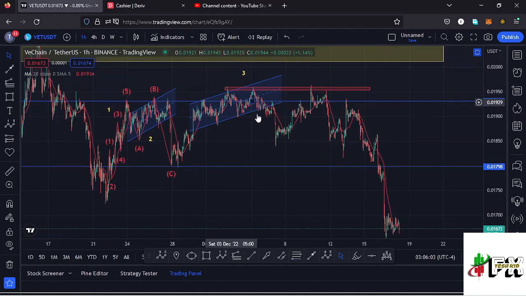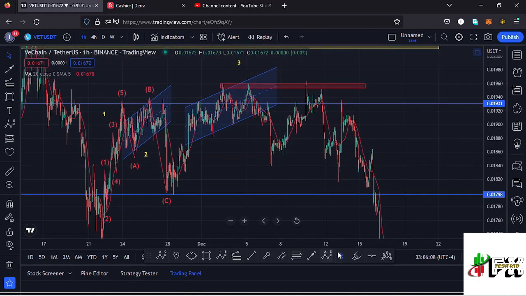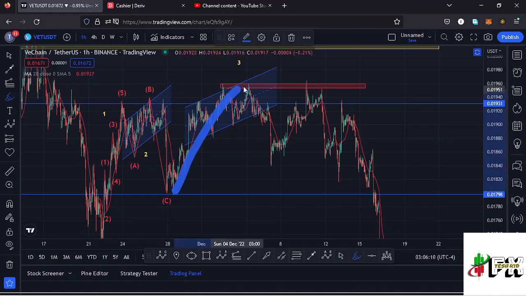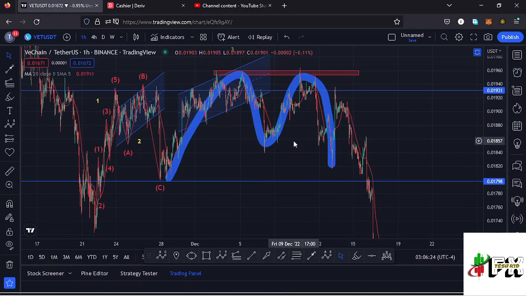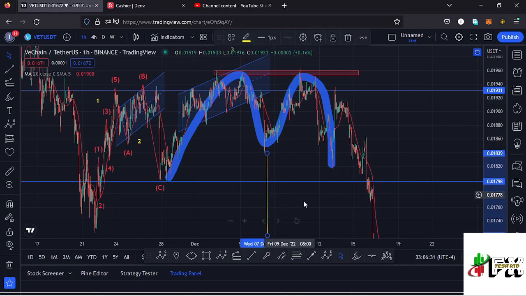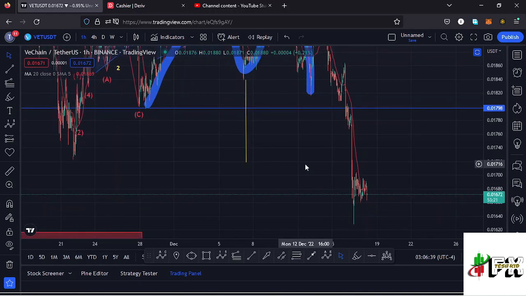And before we saw that low, we had a chart pattern that was in formation right here, which is a double top. And if I draw it out, we can have this as the first top, then we saw the formation of the neckline, the second top, then saw the other top, and we are seeing a breakout to the lower side. This is a chart pattern that normally breaks to the lower side, having the target area of the breakout as the height between the tops and the neckline, and we can get that height, then place it below the neckline, and that gave me a minimum target area back to around the $0.017 mark, which is a target area that we have fully maximized, and we have continued pushing even lower.